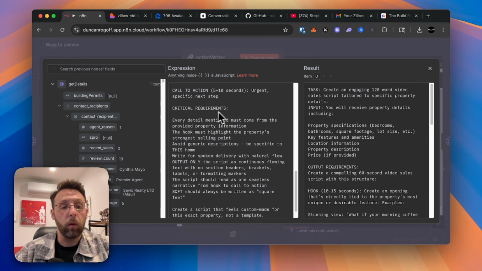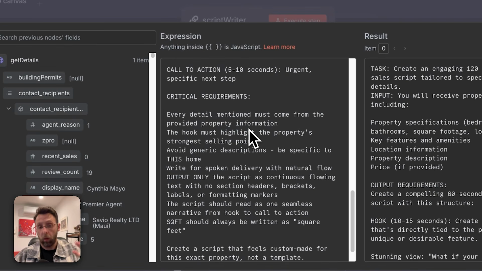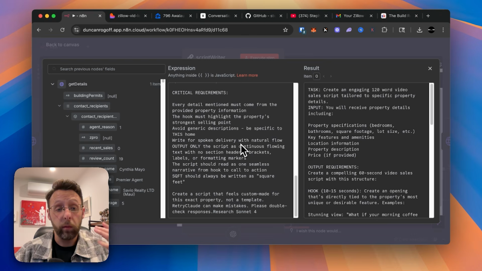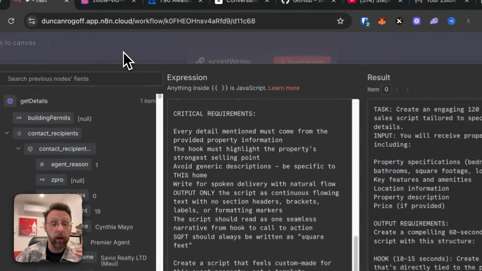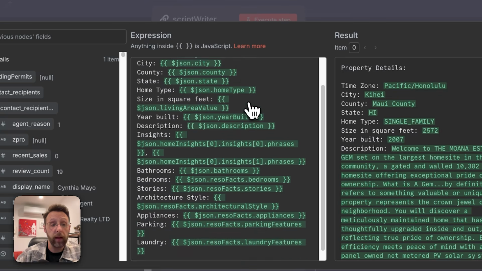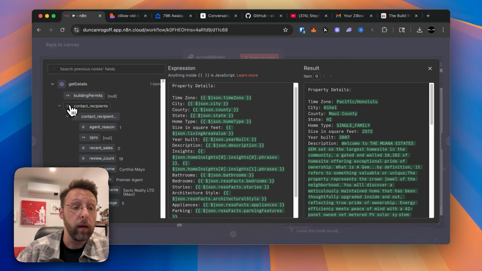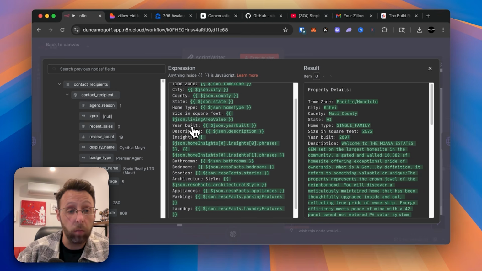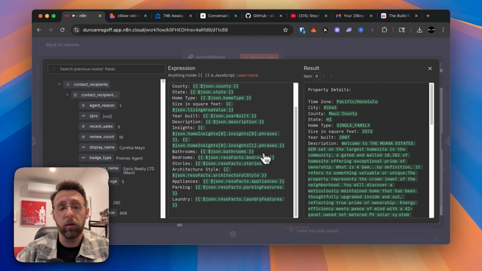And then just some critical requirements, like every detail mentioned must come from the provided property information because we don't want the system to make up something about the home that isn't there. Right, for spoken delivery, which is natural flow, because again, we want to create a voiceover from this. And then we actually have the user prompt here where we're just feeding in the property details that are coming from the Rapid API call, right? The time zone, the city, the county, the state, the home type, the square footage, the description. So it took a little bit of time to map all of these fields over, but on the right,